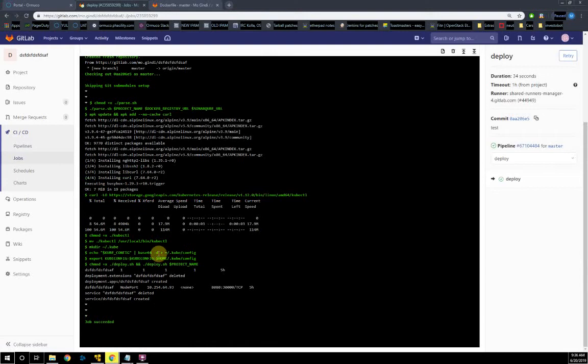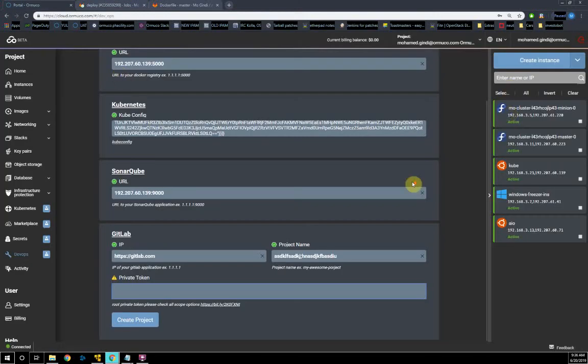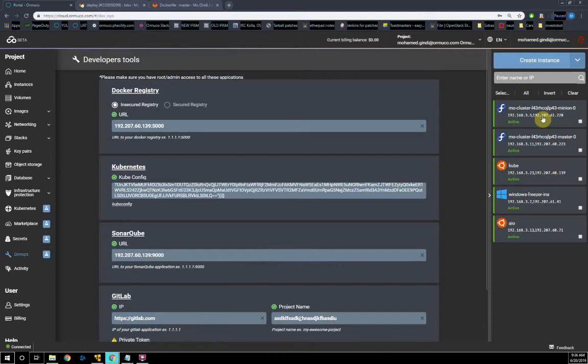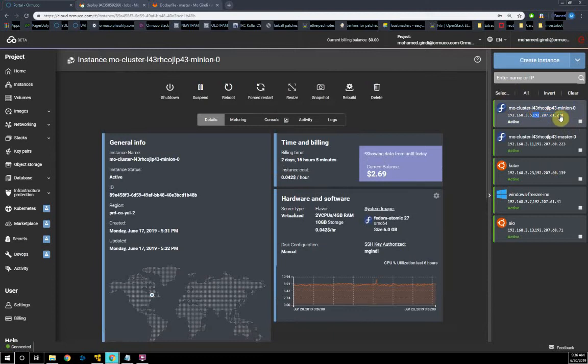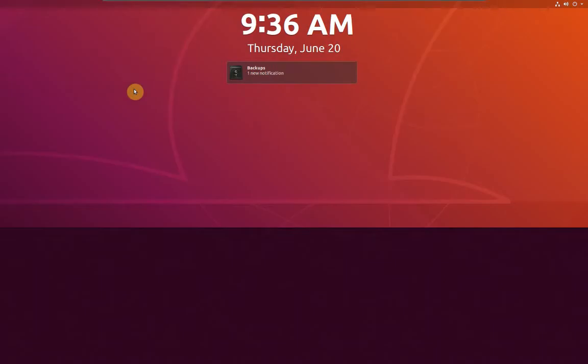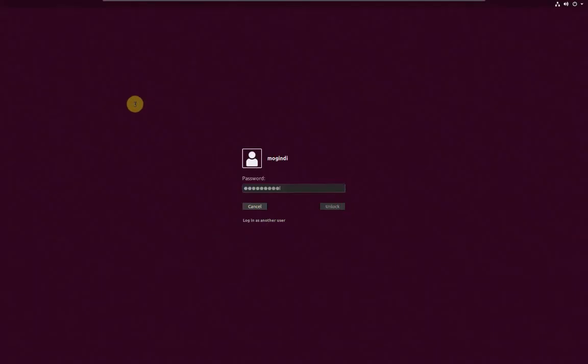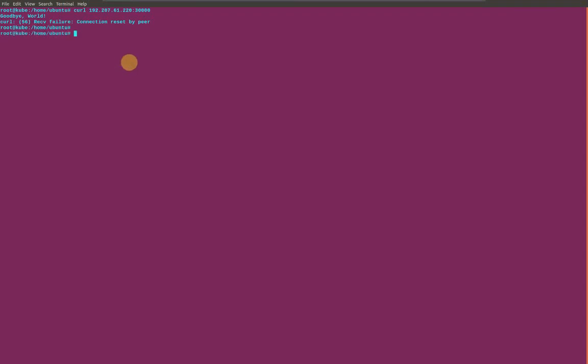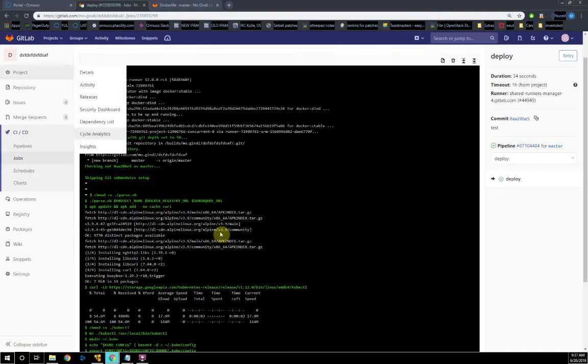And then finally we have the deployment process, which deploys to the Kubernetes cluster. And then, since this application will be deployed on the minion, we should be able to just take this public IP and connect to the required socket. It's going to be port 30,000, not port 8080, because in the configurations here we have